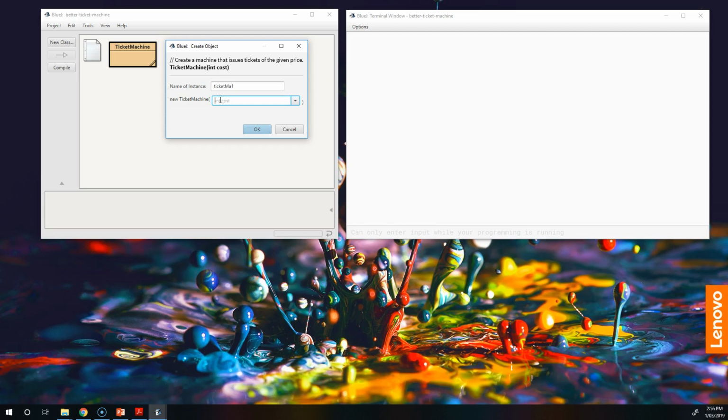Sometimes you need to pass things when you create an object. We need to pass things, they're called parameters. Other times you don't, and we'll talk about why that is in a later class as well. But to create an object of ticket machine, it needs an integer or a number. So I'm going to put in 50. The second thing it needs is the name of the instance. So I'm going to call it my